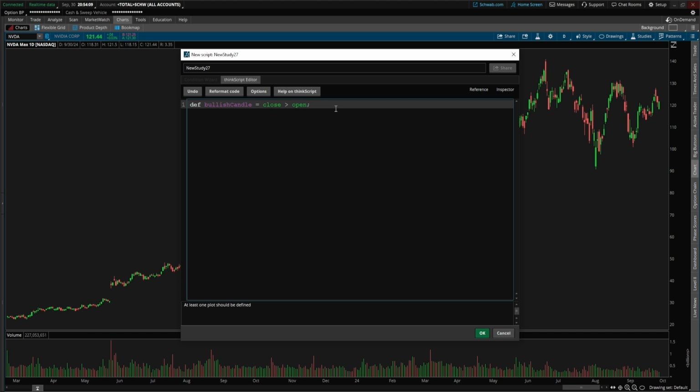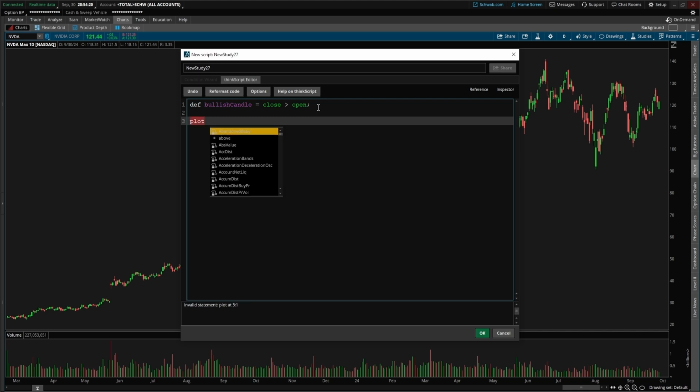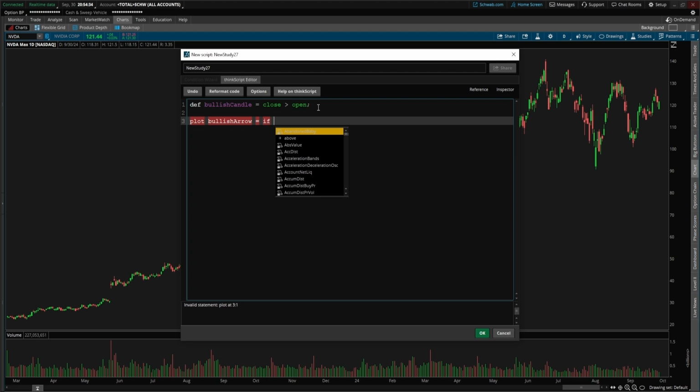What I would like this code to do is to plot an arrow at the top every time this bullish candle condition is true. So I'm going to declare another variable with the keyword plot, as this time I do want it to show on the chart. I'm going to name this variable bullish arrow, and we are going to do a little bit of conditional formatting using the if statement. If bullish candle, so if the close is greater than the open on the current candles,